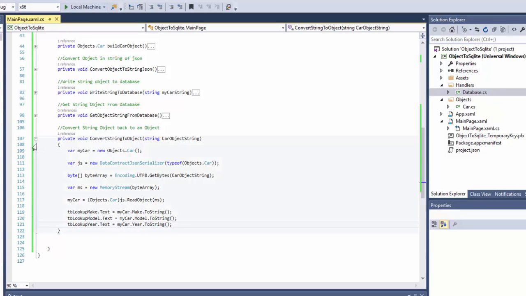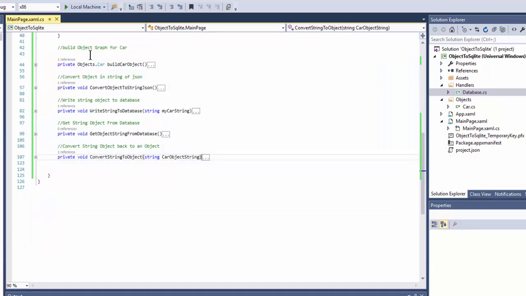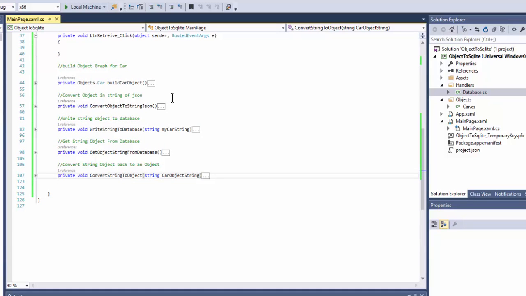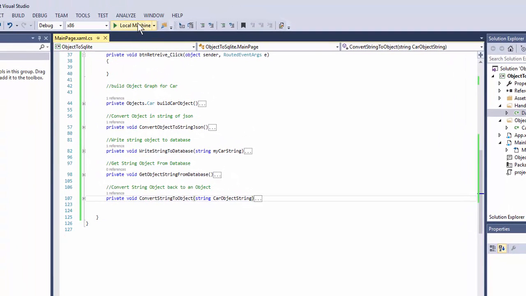We just took an object, we created the object of car with whatever was entered in by the user. We converted that object to JSON. We wrote that JSON to the database. We got that JSON back from the database. We converted it back to an object, and then we outputted that object back to our screen for our results. So if everything works copacetic here,